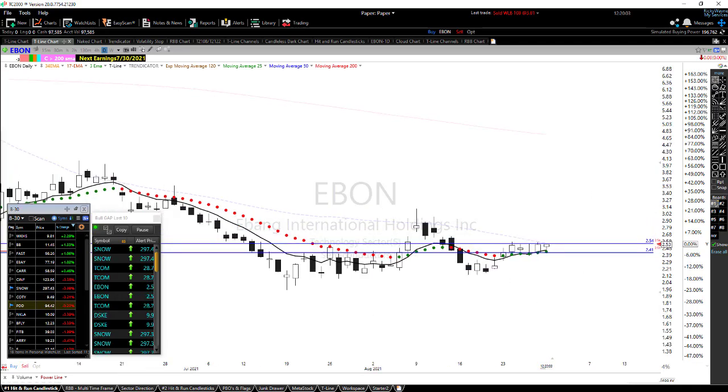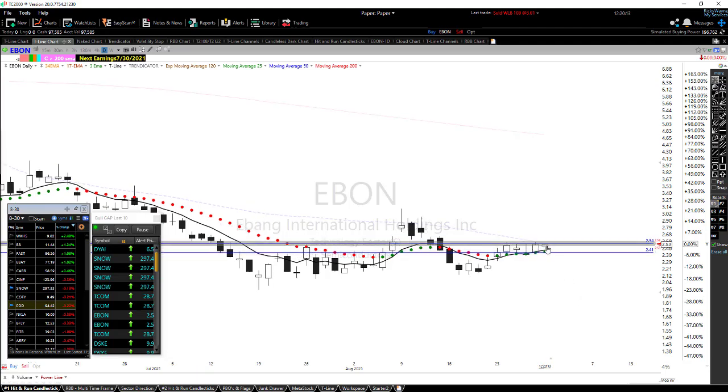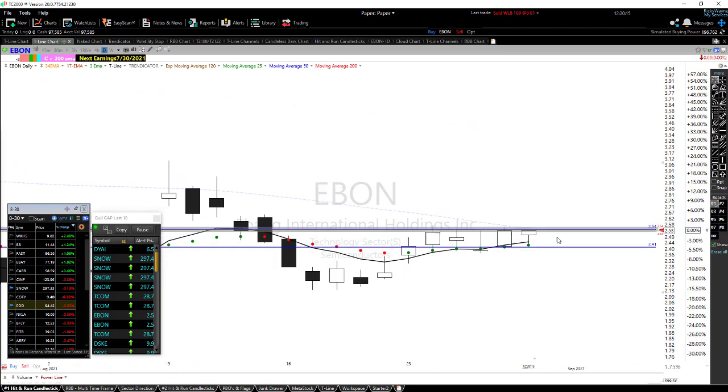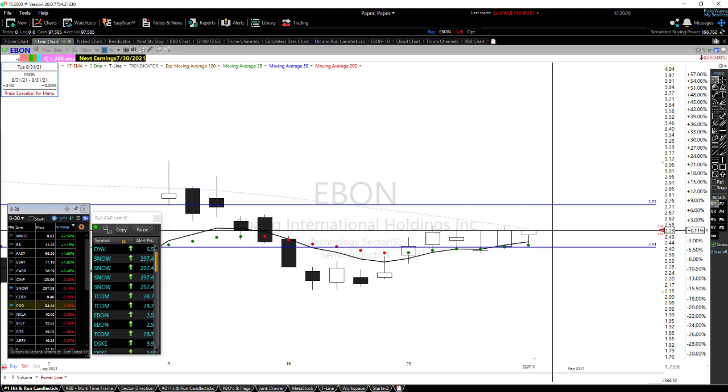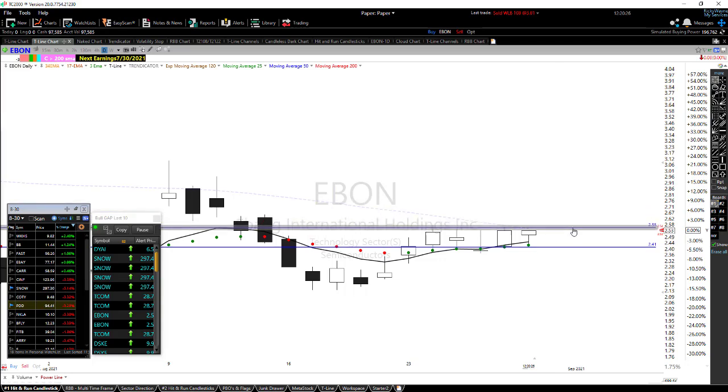So now, because of the scanner, it brought me to a stock that I might want to trade right now. And let's see how many choices we have. We could actually buy it right now. I could buy it right now, and I'm looking at about 4.6% for the stop. Or I can wait till it breaks out, and we'll put the buy box right here, and I'll buy it in this area.